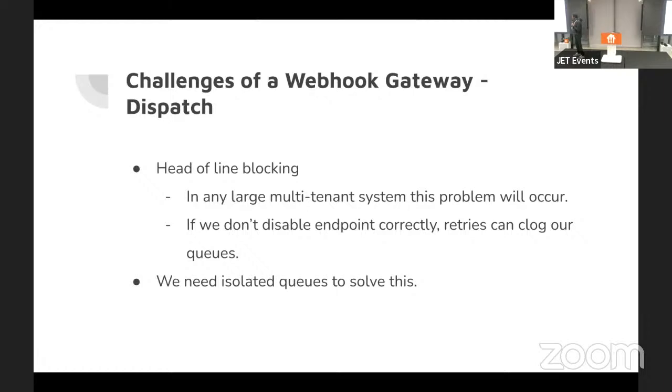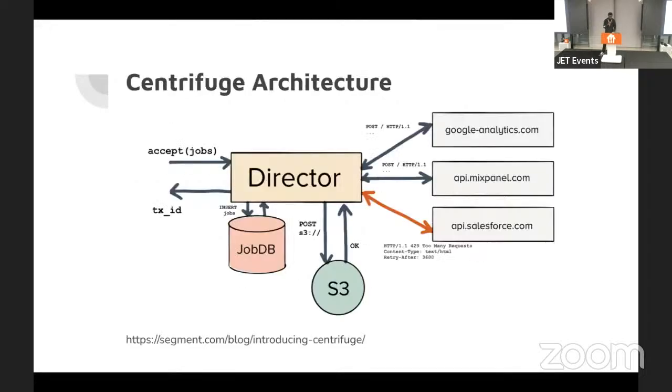And again, there are two problems that can occur. One is they are having too many events, and the other one is that they are having a failure. And because you want to guarantee at least once delivery, you also want to retry. So if the Webhook fails, you take it back into the queue. And so it starts to clog the queue, and other events are not being processed. The easy solution to this is to isolate the queues and have each of your endpoints have their own separate queue. But it's also not that straightforward.